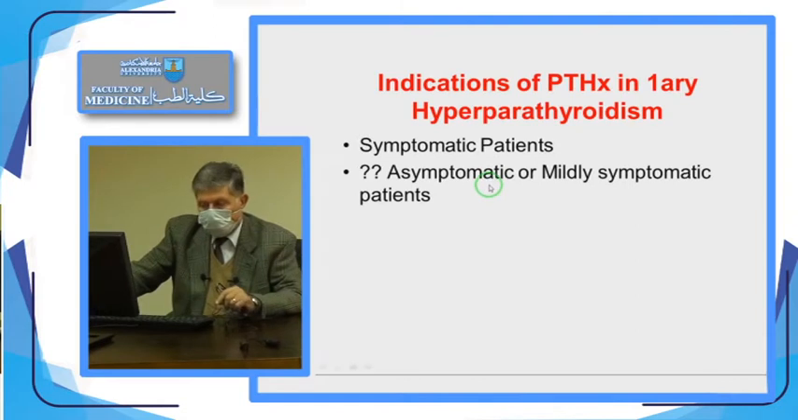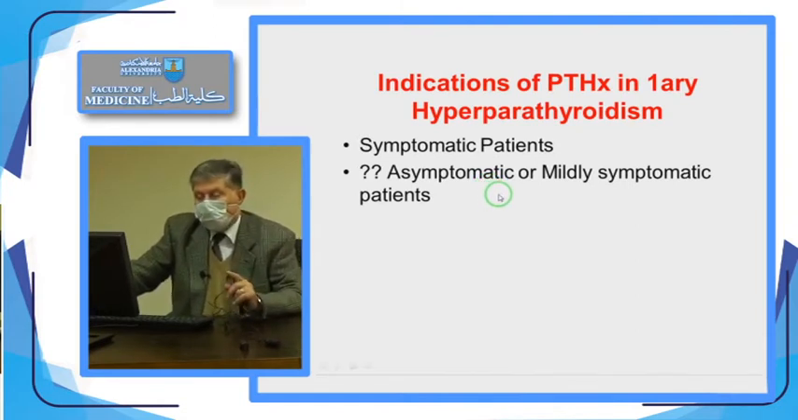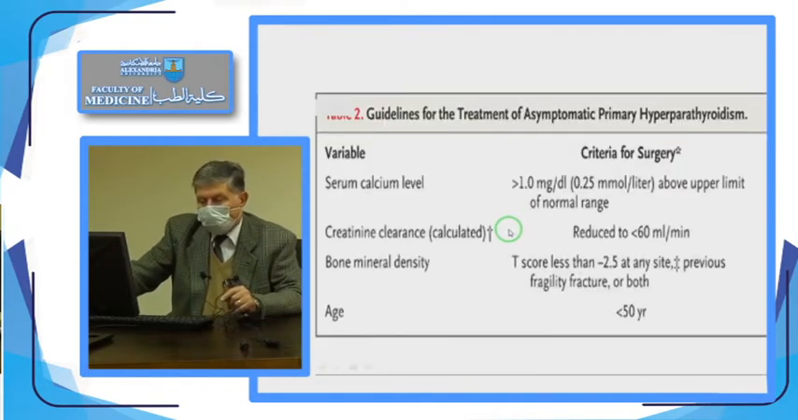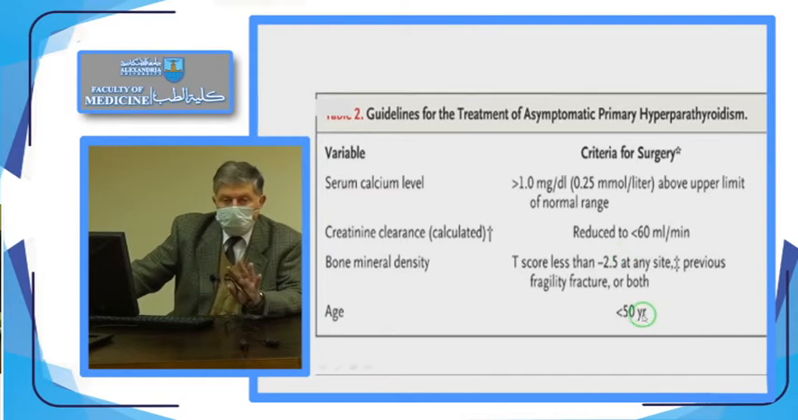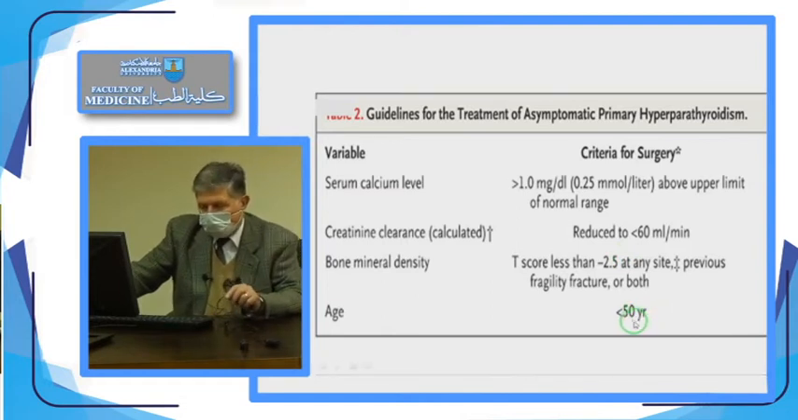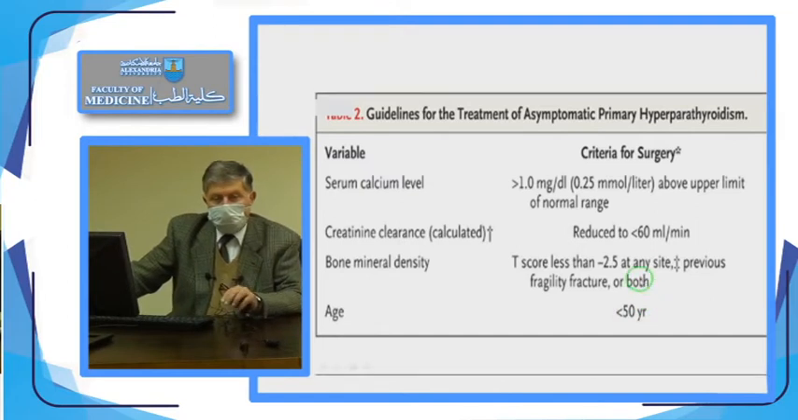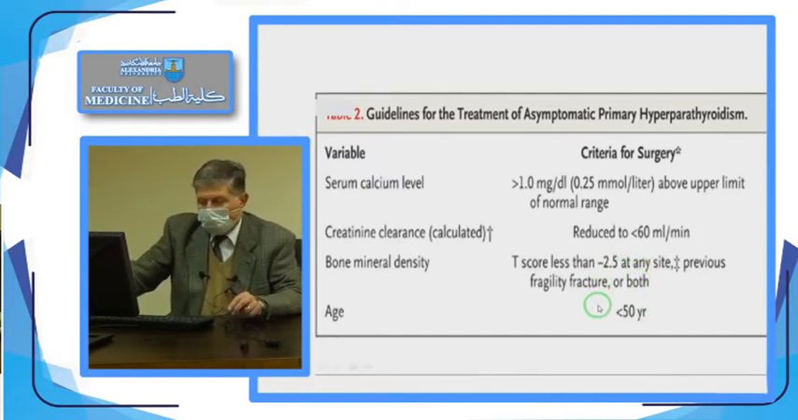Sometimes we have to do the operation. When to do the operation in a patient with mild or asymptomatic primary hyperpara? You do it when the calcium exceeds 1 milligram above the normal, or if the creatinine clearance is low, or if the bone density is low. You don't have to record these figures as medical students, and if the patient is young, below 50 years. So if you've got one of these items, despite that the patient is completely asymptomatic, you have to remove the